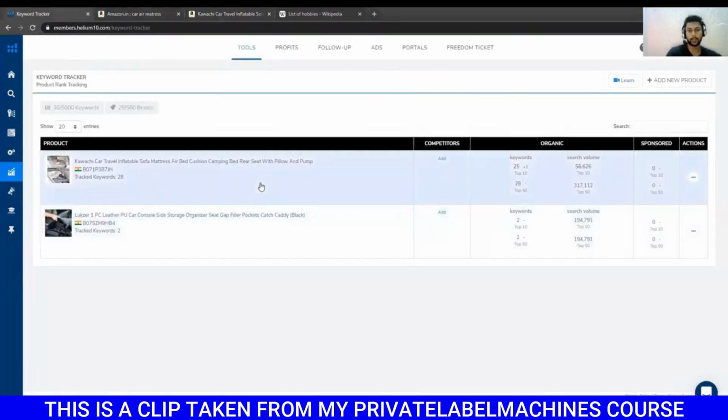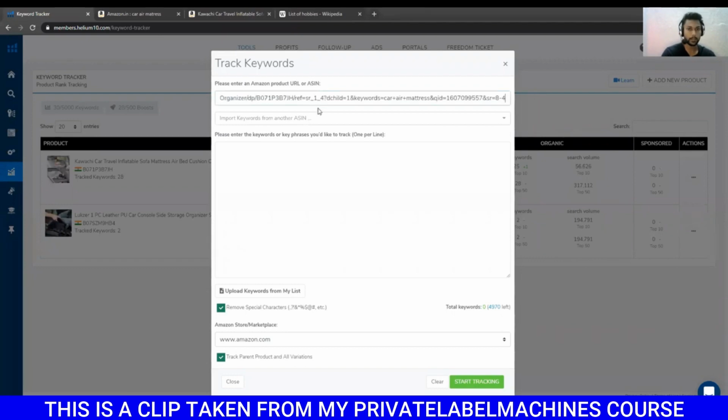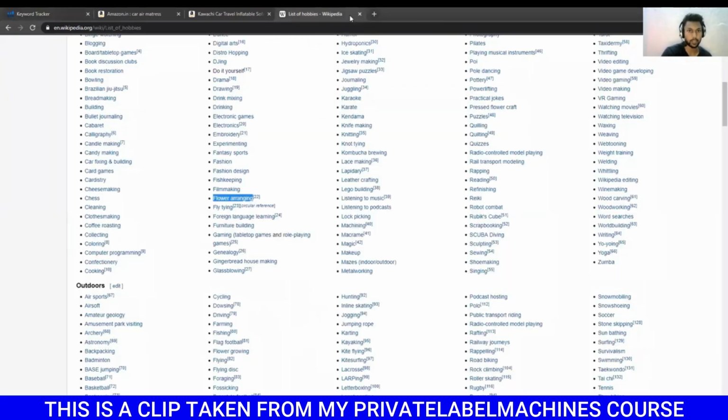So you can find out for which keyword this happened. The keywords might have lost their positions, moving from the first page to the second page, and because of that the sales were low. So after adding this product, I click copy keyword, and then I paste the keyword. Basically, it shows the product with the product usage, so actually I search for the keyword session. Let me open that.